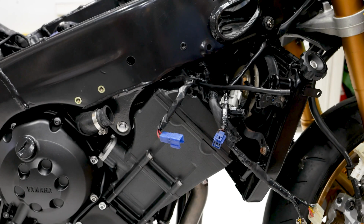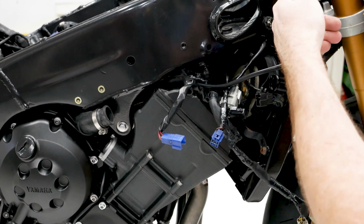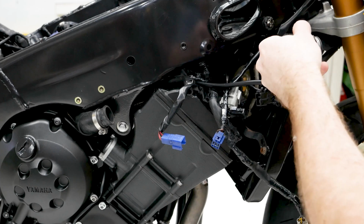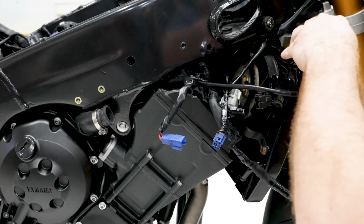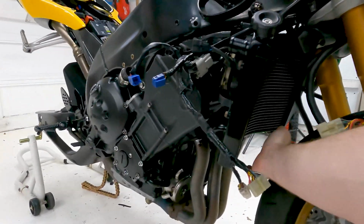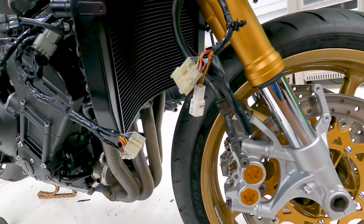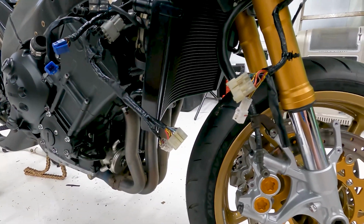Basically all I've done so far is I installed the main radiator bolt right there, and on the other side there's two of them that go on either side. This is a new aftermarket Chinese radiator. It didn't fit right on. I did have to do a little bit of modification, but at a third of the price it's kind of worth it. And then of course I attached one down there at the bottom that has a lock nut and the bolt for it right there. So the radiator is hard mounted now,